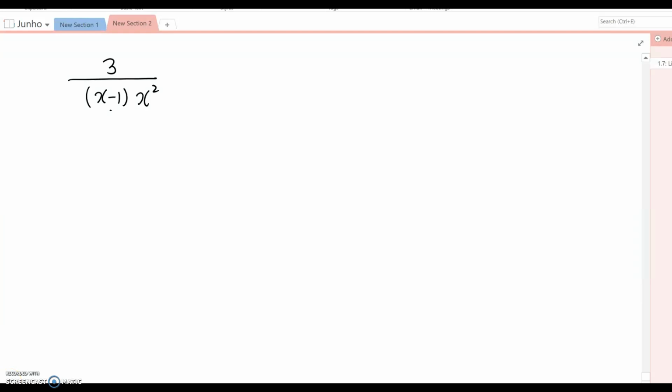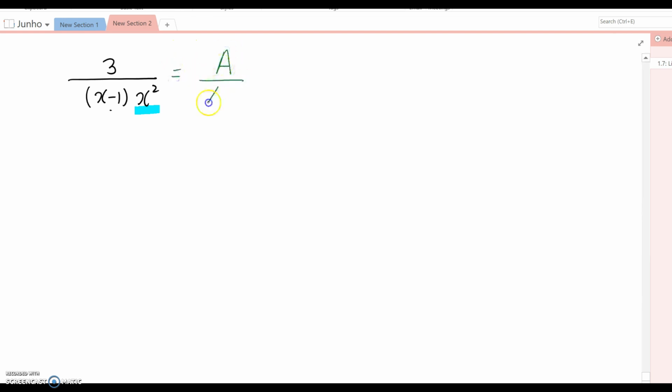So the next question is 3 over (x minus 1) times x squared. Unlike previous questions, this time the denominator has one of the quadratic factors. If it is a linear factor, then the setup is really easy. But now we have a quadratic factor, so the setup becomes a little bit different here. So as a result, I'm going to tell you, you can set up this